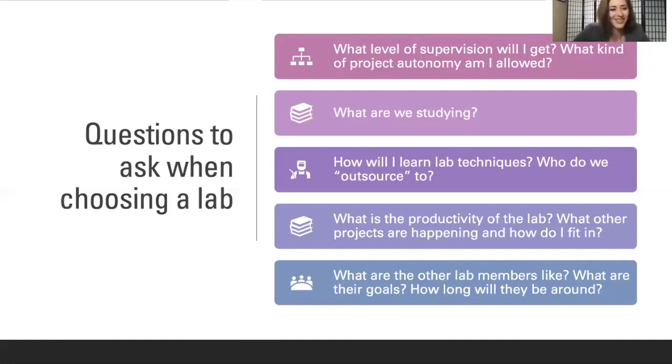Jessica can probably talk more about that. But it takes forever for them most of the time to get out their first paper. And if you are going into a lab with someone who's not a surgeon, they're on a totally different timeline than you are. You really need to speed up that timeline. So you need to make sure that you're in a lab that understands what your needs are, what your timeline is,